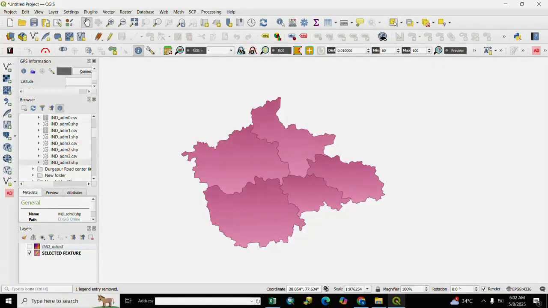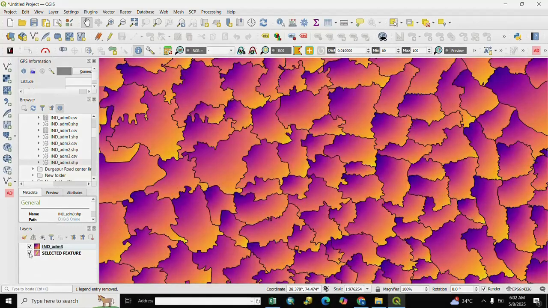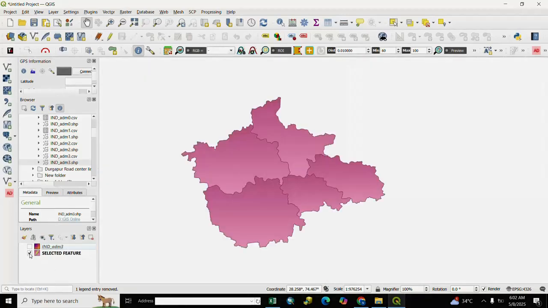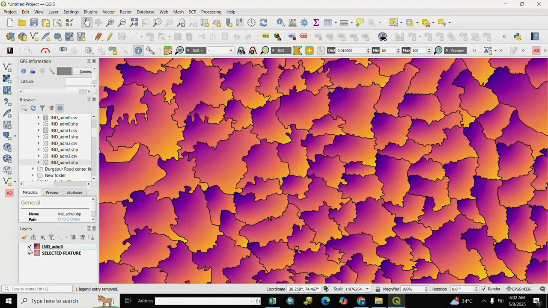So let's start. Here is our first area, the selected feature, and here is the second area, the administrative boundary, and we intersect them with each other. For intersect we go to vector.